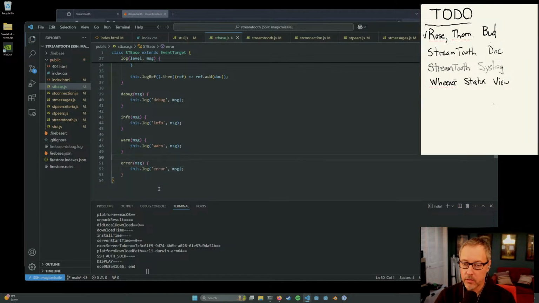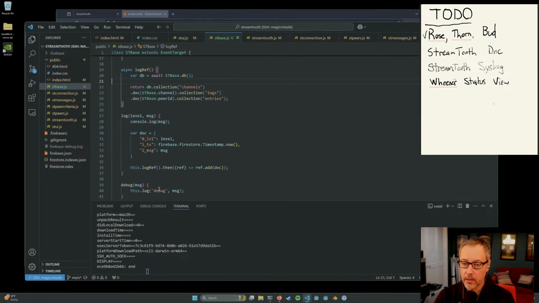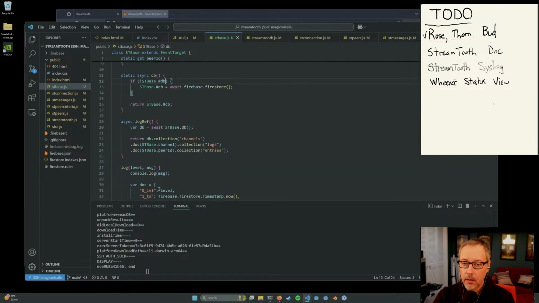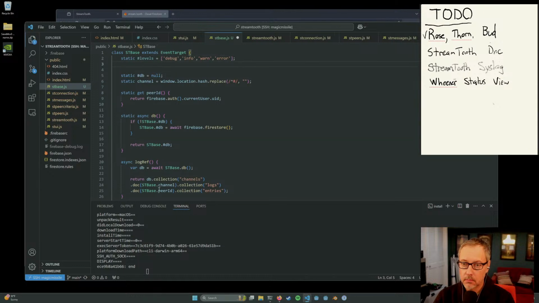Let's just pass in strings. Okay, so that gets us the right thing there. And then what we're gonna want is like info is the default level, right?